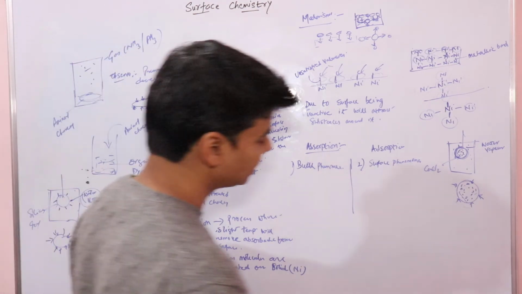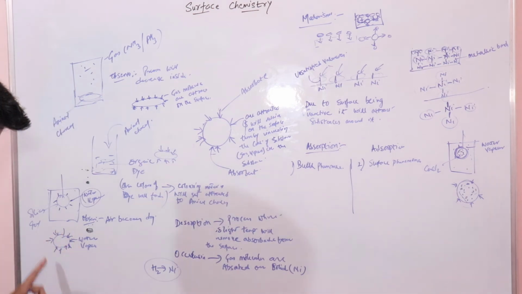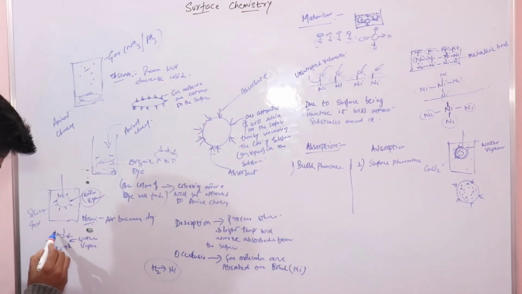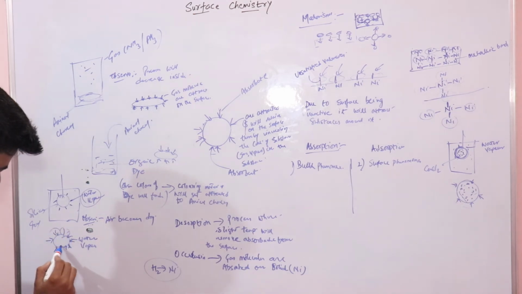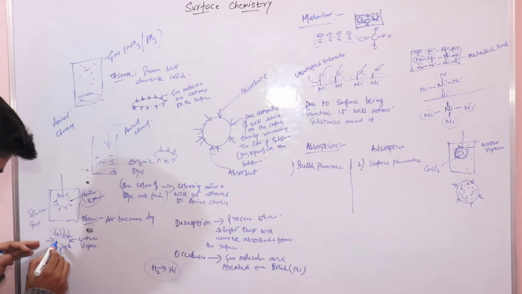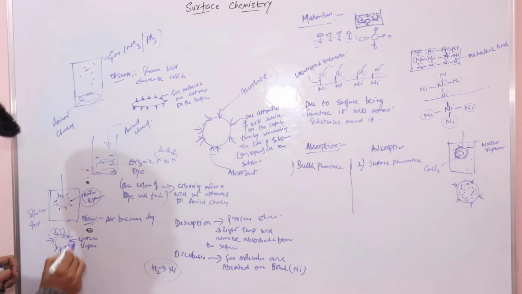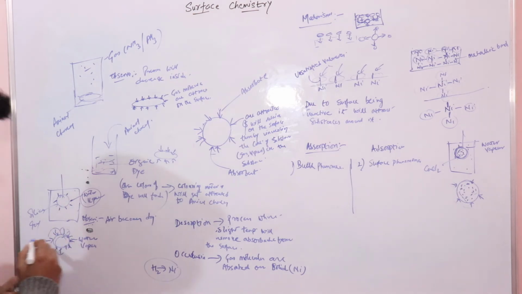And one is very simple here. In this case, the concentration at the surface is different from that in the bulk, right? The concentration on the surface of the adsorbent is different from that in the bulk. Adsorbent is this surface, right? So the concentration at the surface of this adsorbent is different from inside it, because this substance, water vapor, is adsorbed only at the surface. It has not traveled inside this substance, right? So concentration is higher only at the surface. There is no concentration inside the substance.